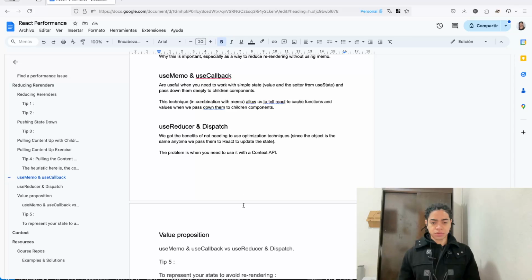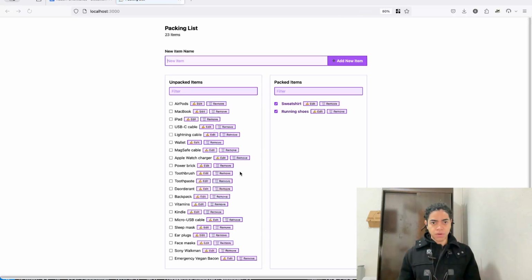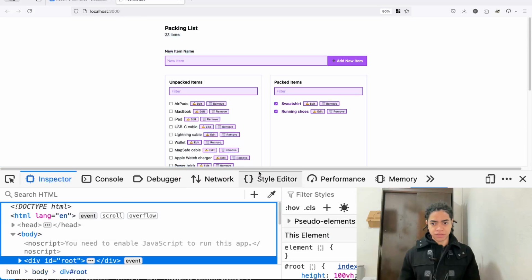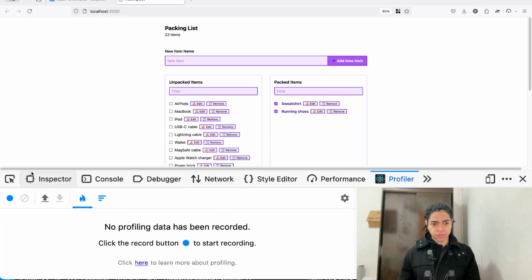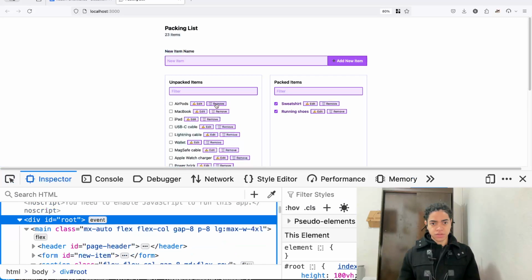All right, so let's get into this. Yeah, this is the packing list. It's going to open up here. There you got it. So the whole point of this is to see how we can improve at least the perceived performance with this, right? Which is instead of actually, anytime